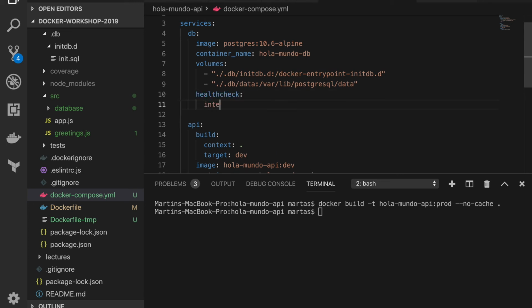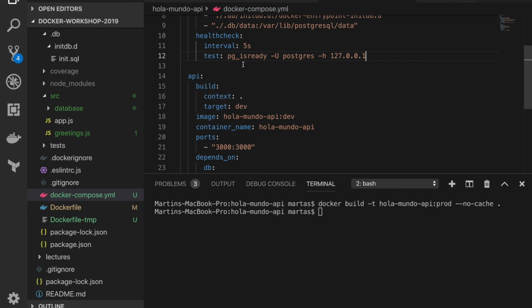There are two things. The first one, interval: the seconds the interval takes to check if the service is healthy, and the test itself. This of course depends on any kind of service that you have under containers. We're talking about Postgres specifically. Postgres comes with an already built-in command, which is pg_isready, with the user postgres and the host localhost. Why am I putting localhost here? Because this command will run inside the container where the DB is, so it's localhost relative to the container. So with this, we achieve